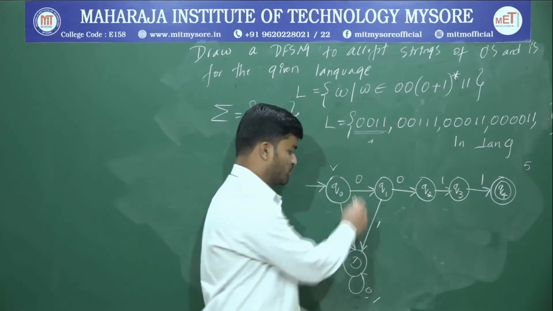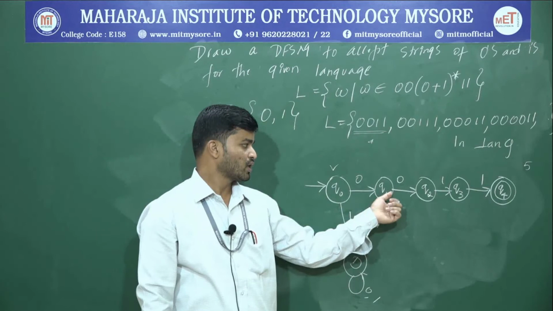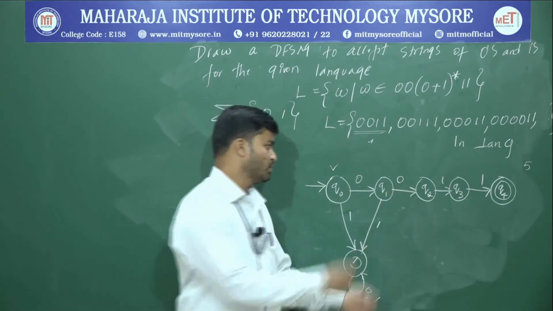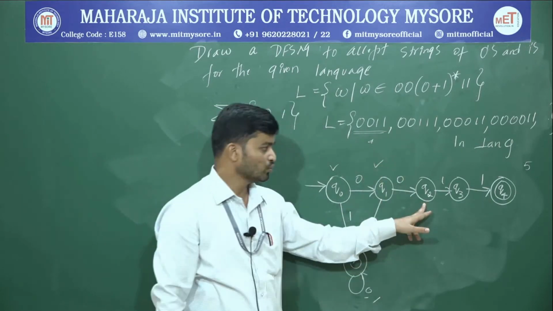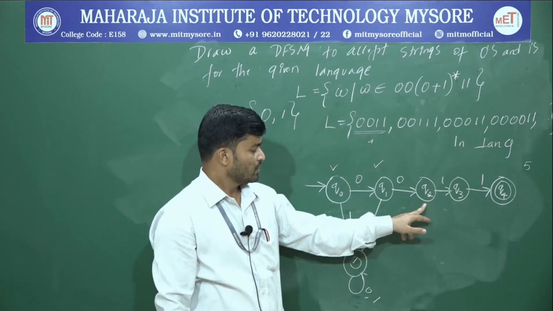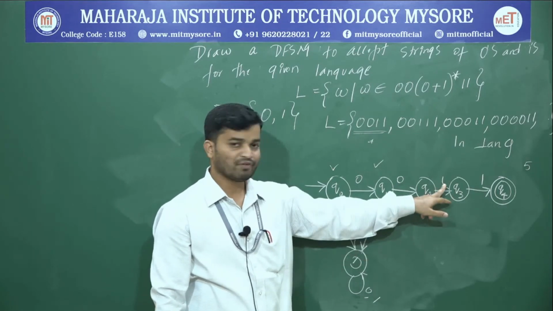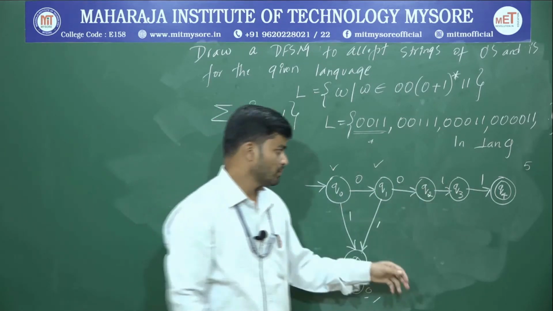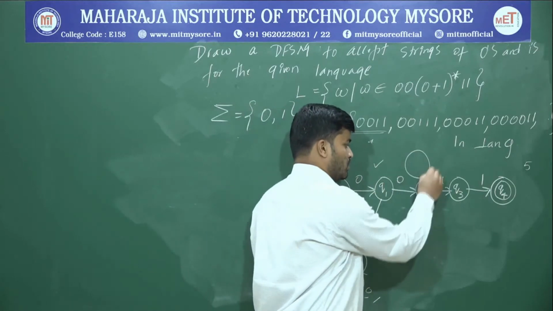Now Q0 is over, because there is a path for 0 as well as 1. So if you go with Q1, there is a path for 0 as well as 1. Q1 is also over. Now go with Q2. Now at Q2, there is a path for 1. Now I have to give a path for 0. So what is the first option?